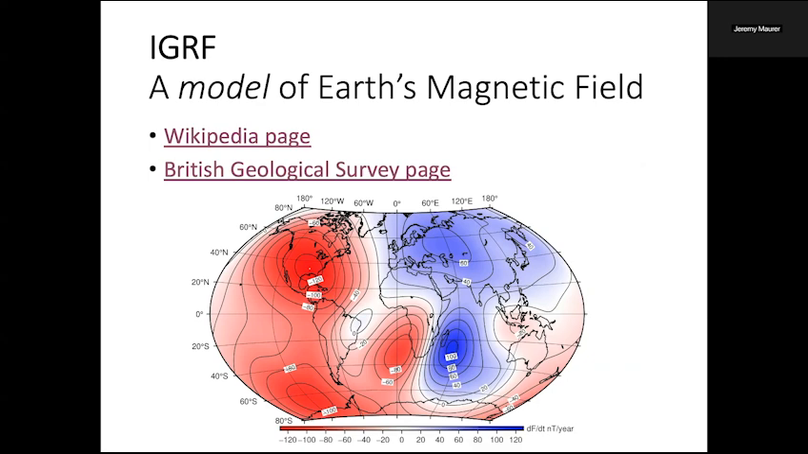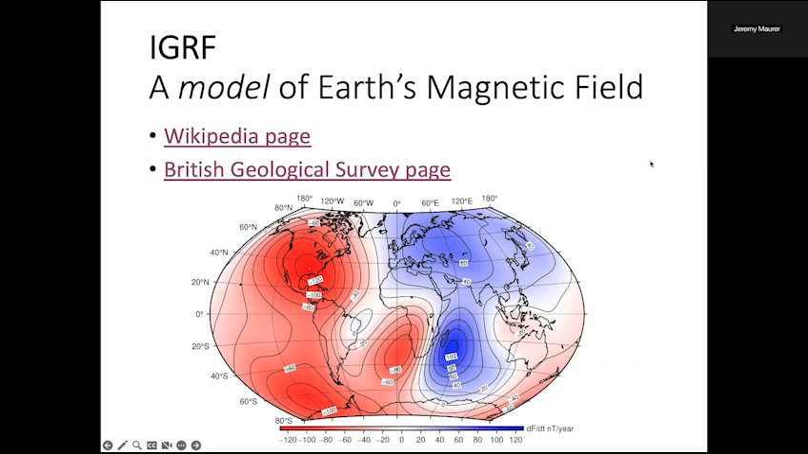We have a model for Earth's magnetic field and how it's changing through time. And this is the IGRF, the International Geomagnetic Reference Field. We don't really have the mathematical nomenclature to fully unpack this yet, but I wanted to just show you the field, show you an example of the field, and talk about a couple of things related